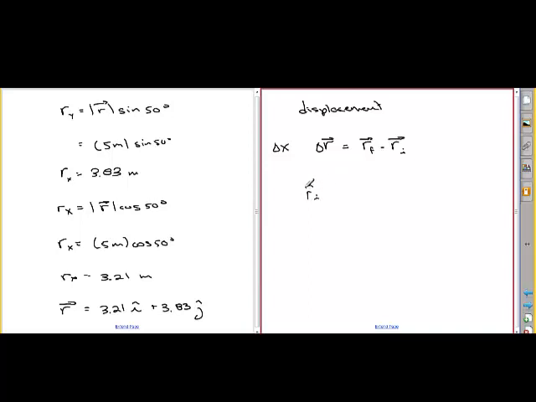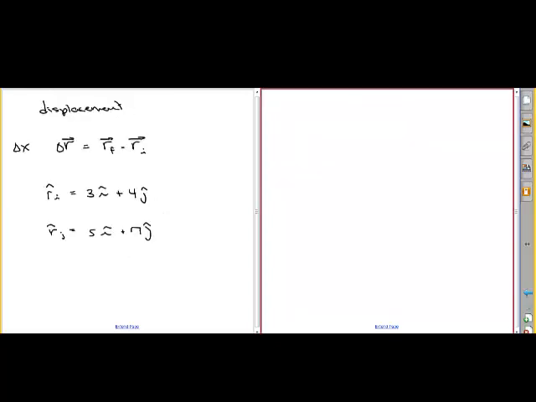So let's say our initial vector, we'll just do 2 dimensions, but 3 dimensions are just the same. So that's my initial position vector, 3 units in the x direction, 4 units in the y direction. And let's say I go to 5i plus 7j. So that's my position vector finally. So let's just draw that, see what that might look like. So we would do our coordinate axis,